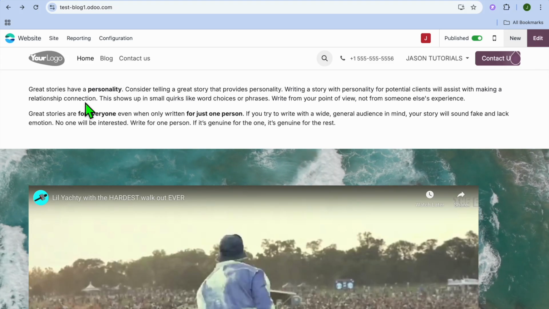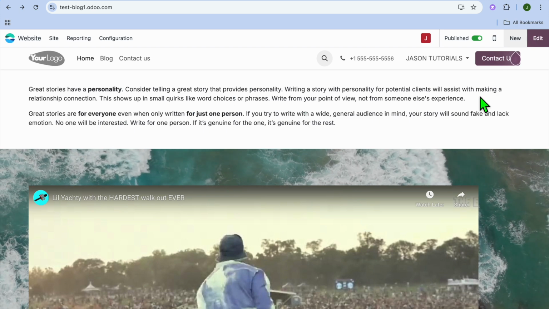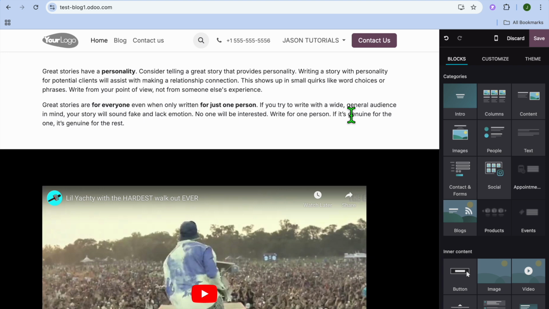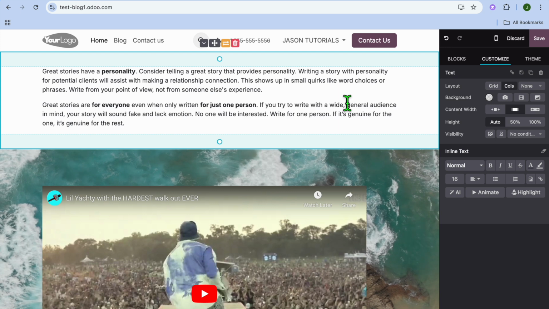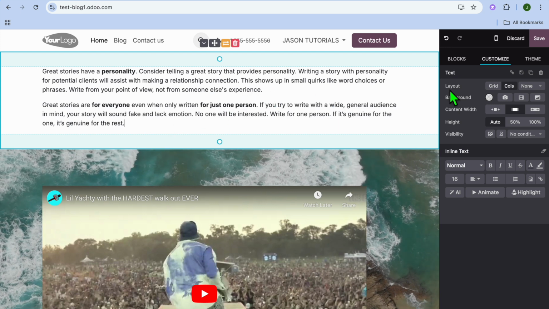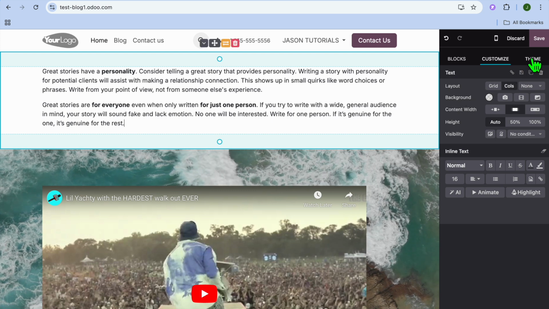In this tutorial, I'll be showing you how to change font in Odoo website. The first thing you want to do once on your Odoo website, you're going to tap on Edit in the top right hand corner. After selecting Edit, to change the font style, you're just going to select any section where you have text. Then you're going to go over to the right hand menu option and you're going to tap